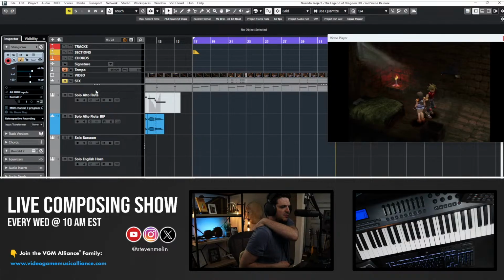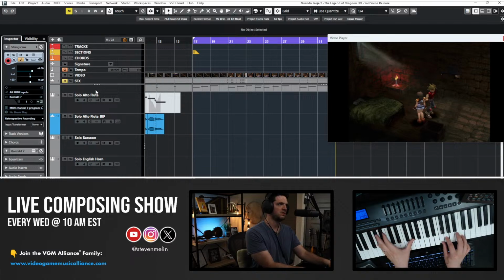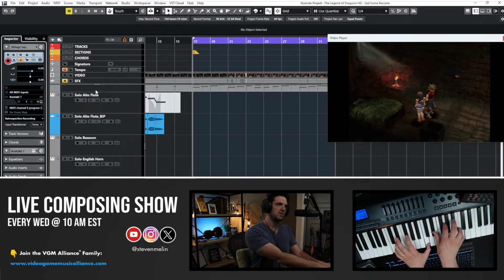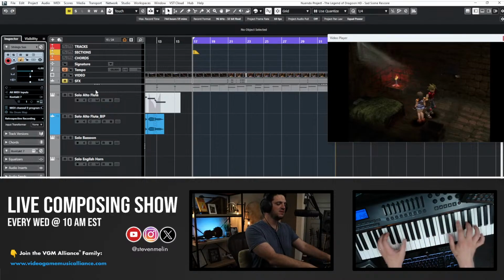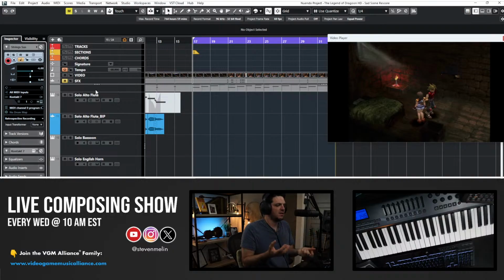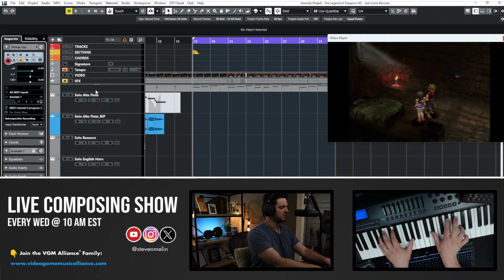So good string writing, usually, 90% of the time, you'll have more effective string writing if you can have one note remain while everything else moves. So keep holding it. Maybe move it. What's happening is it's creating like the in-between part writing, and then what you do is you use the mod wheel and your pedal to help sustain.